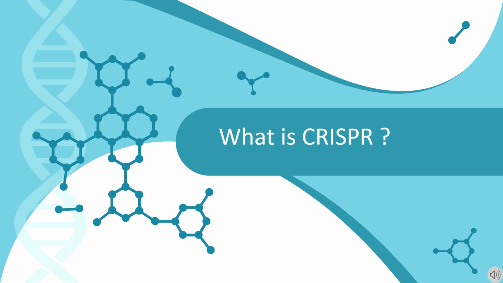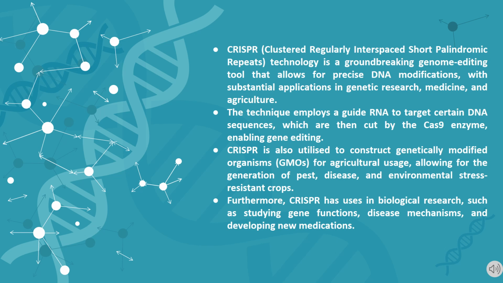So we'll start off by looking at what is CRISPR. Clustered regularly interspaced short palindromic repeats, or CRISPR, is a groundbreaking genome editing tool that allows for precise DNA modifications, with substantial applications in genetic research, medicine, and agriculture. The technique employs a guide RNA to target certain DNA sequences, which are then cut by the Cas9 enzyme, enabling